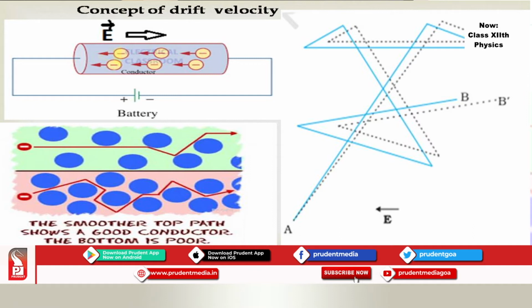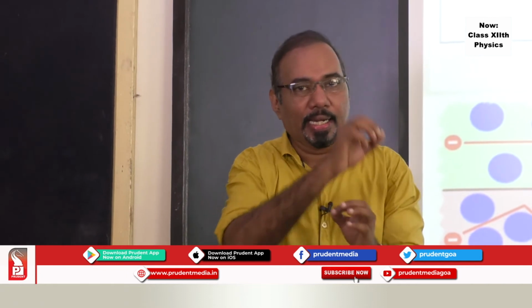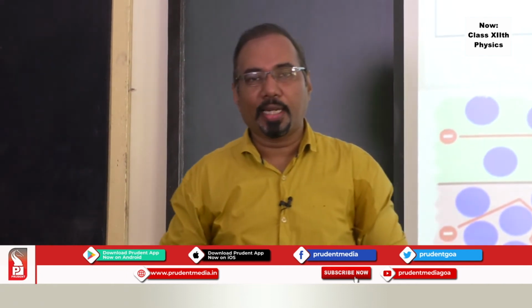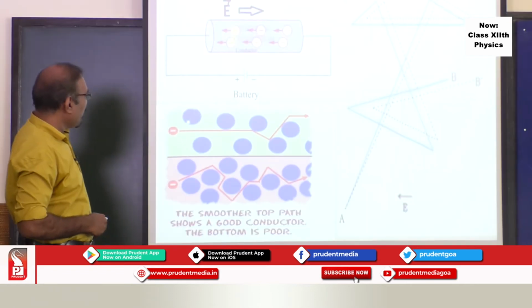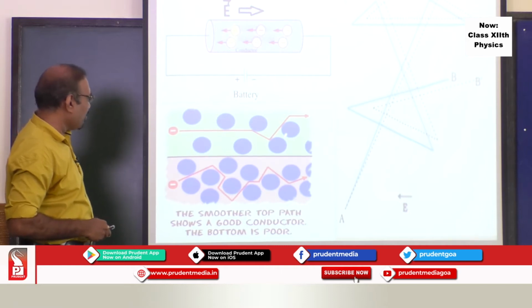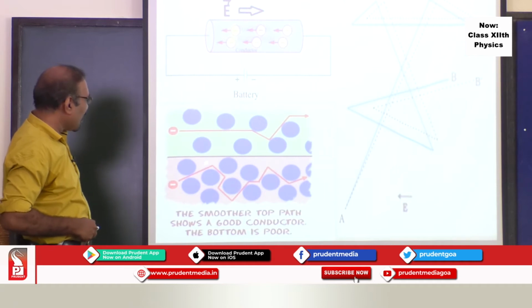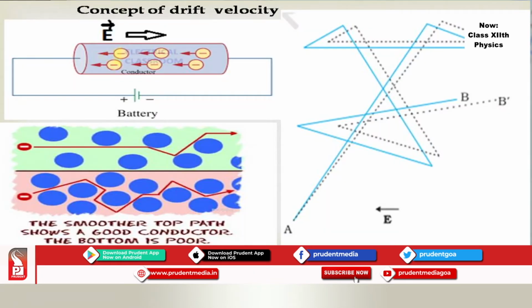Now, let's learn the concept of what is called drift velocity. What exactly is happening inside the conductor? As I told you, before applying a potential difference, electrons are in motion, but they are randomly colliding with the metal ions. These blue regions are shown as metal ions. The electrons collide fewer times in good conductors, and in poor conductors they collide more. So this is more or less the situation in a conductor when no potential difference is applied.